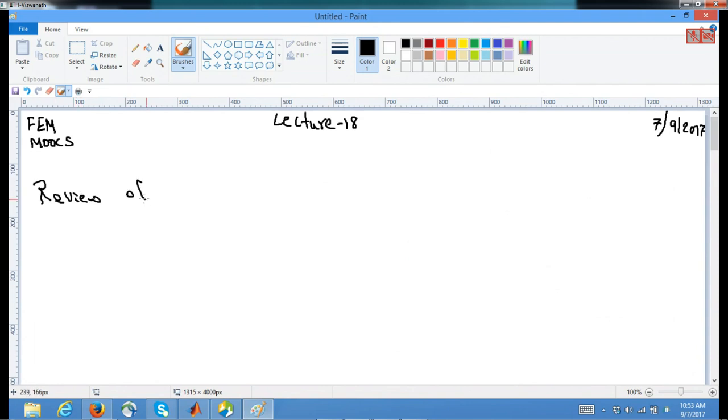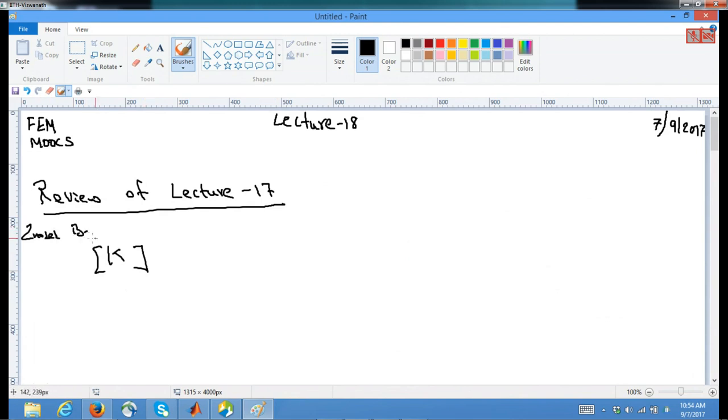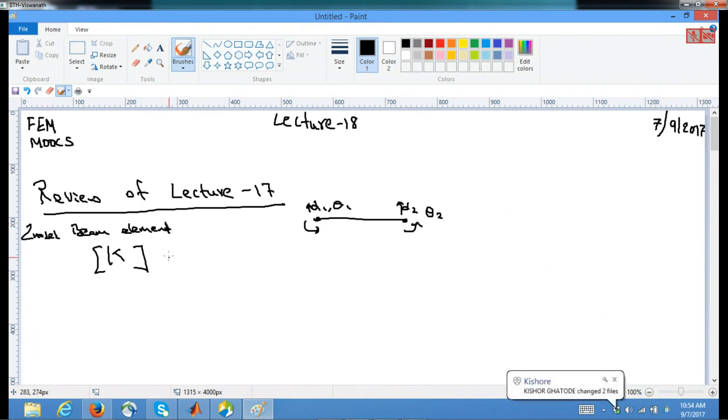Review of lecture 17. We showed that K of a two-noded beam element, with degrees of freedom T1 theta 1 T2 theta 2, is given by